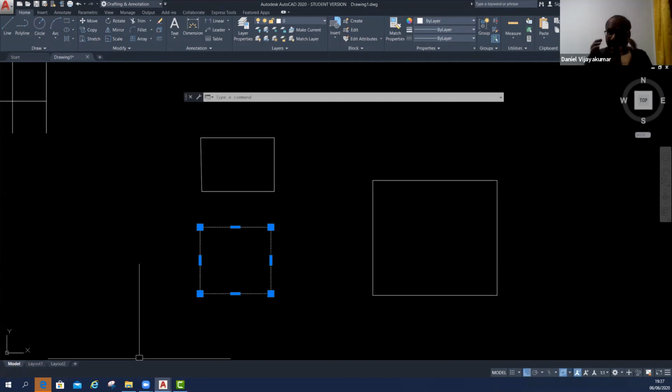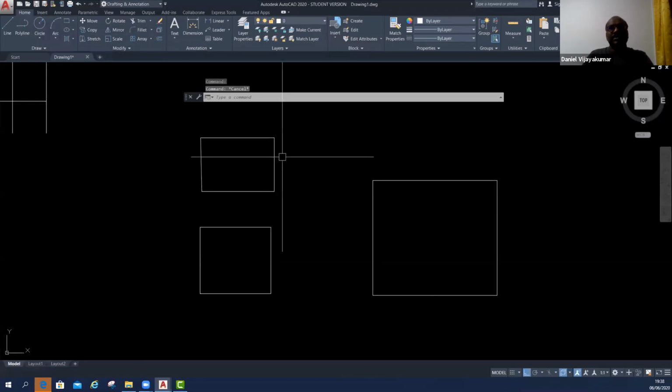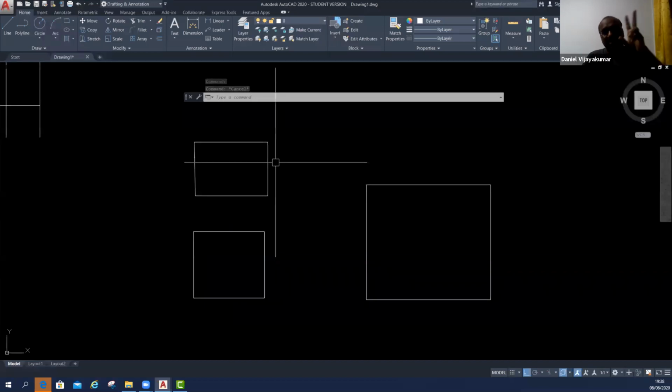So you have to explore what other types of lines there are in AutoCAD. Then only you can get more knowledge. If you are following my instruction only, there is just 10 to 15% of the knowledge in AutoCAD. So you have to think more to get more ideas about whatever I'm teaching you. So this square is the rectangle polyline. This is the single line. In the third level, I will teach you how to convert the single line into a polyline.